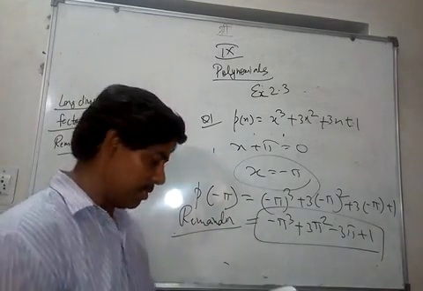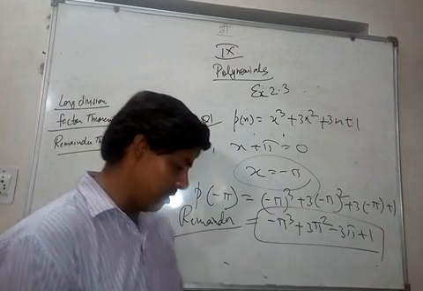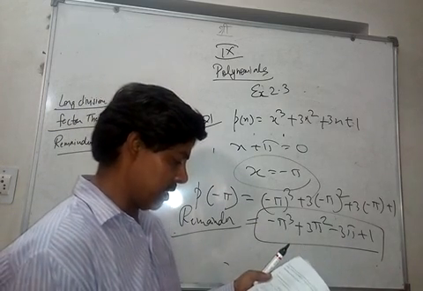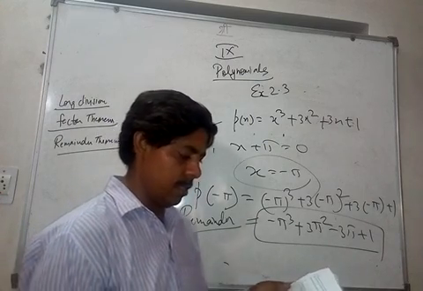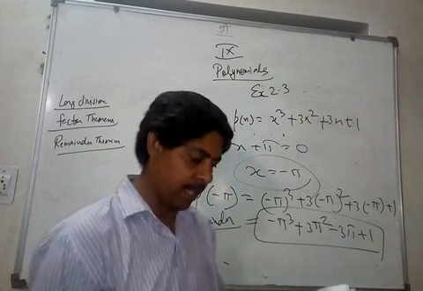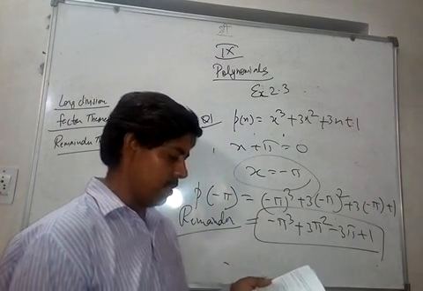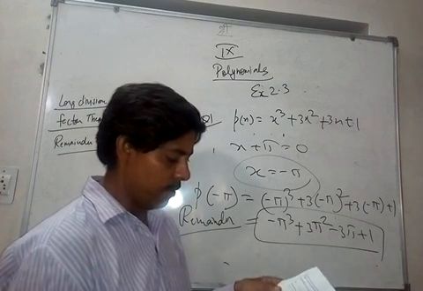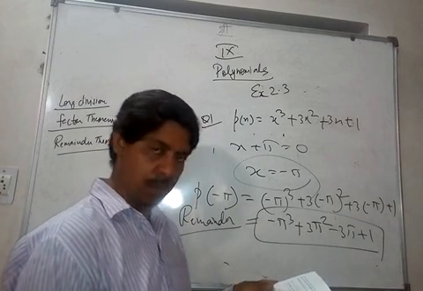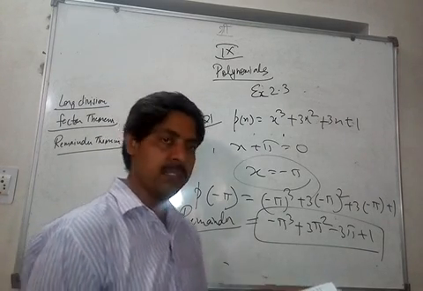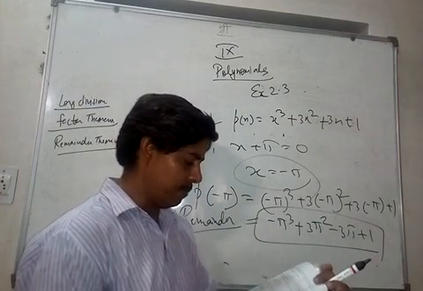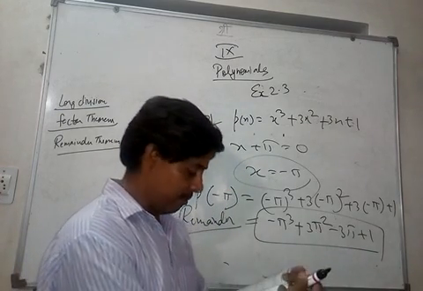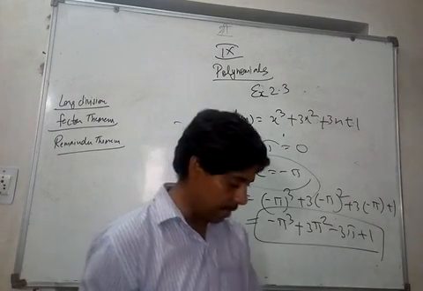So we have used the remainder theorem till now. Find the remainder when this is divided by x minus a. In the second question you will replace x by a, and then you will get the remainder. And in the third question you will put 7 plus 3x as 0 and get the value of x as minus 7 by 3. So you will put minus 7 by 3 in place of x to get the remainder.